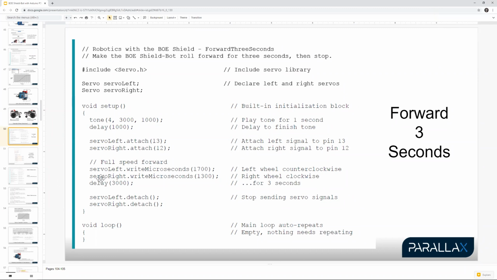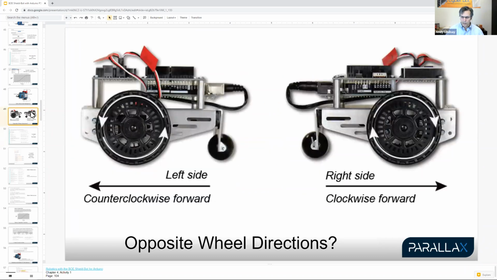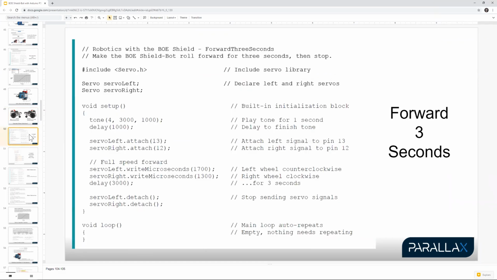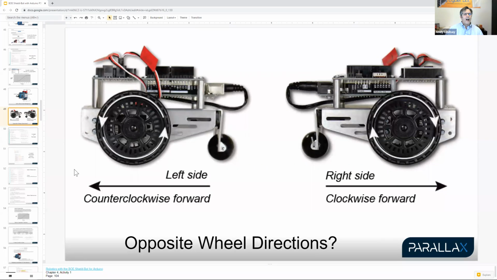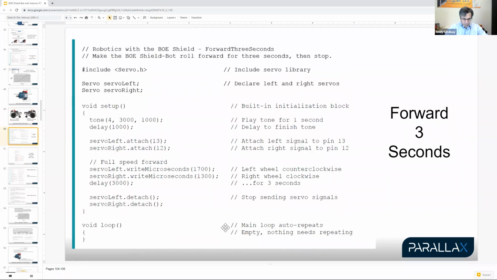Don't you have to put it together first? Yeah, so the robot should already be assembled. Hello? Sorry, I was talking to myself. Oh, okay. Okay, so